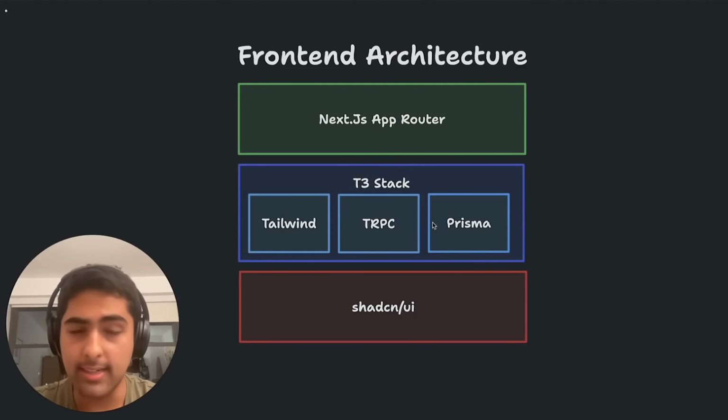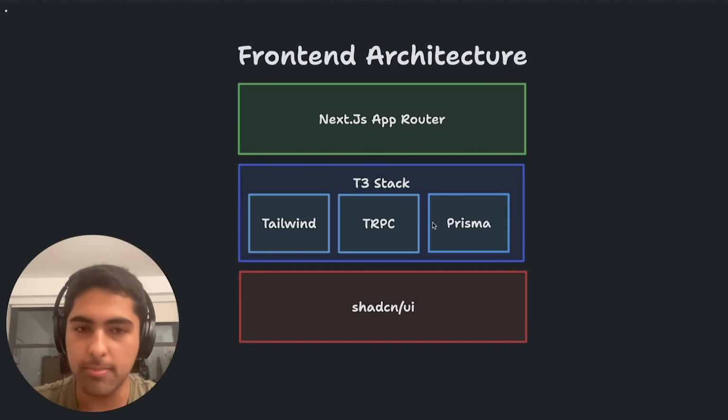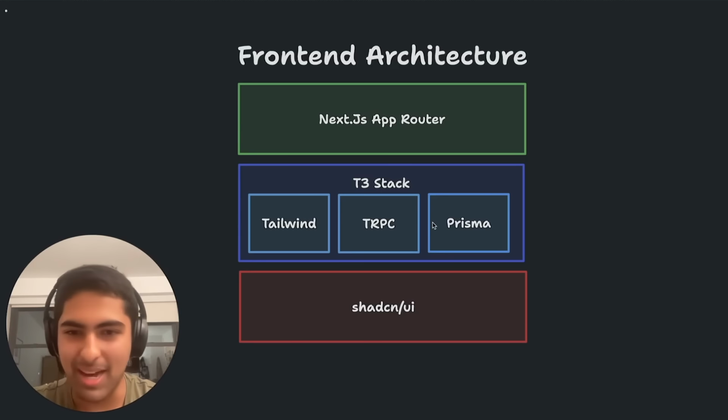So on the front-end side, when making architectural decisions, I prioritized two things. One was the speed of iteration, and the second was end-to-end type safety, which helped me make fewer mistakes and just move quickly during the hackathon. So the first thing is I built everything on Next.js App Router, which was a really stable bedrock to build the rest of the application on. And then in terms of the front-end, back-end interactions and stack, I leaned on Theo's T3 stack. So that was using Tailwind for the co-location of my styles and my markup, tRPC for making type-safe calls to the Next.js backend, and Prisma for working with my Postgres database in a type-safe way as well.